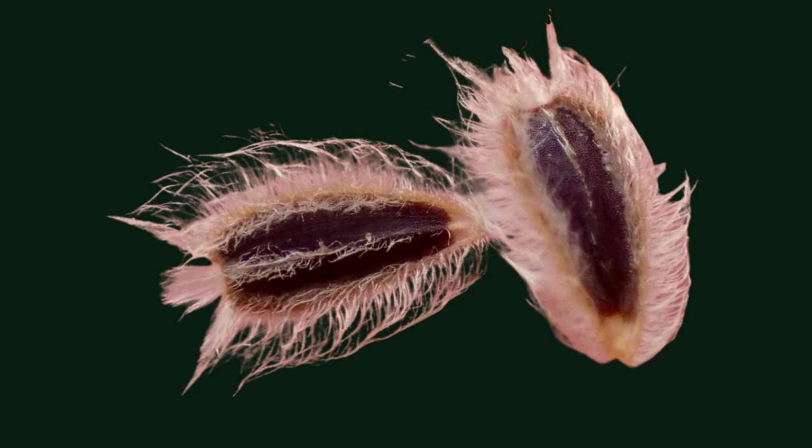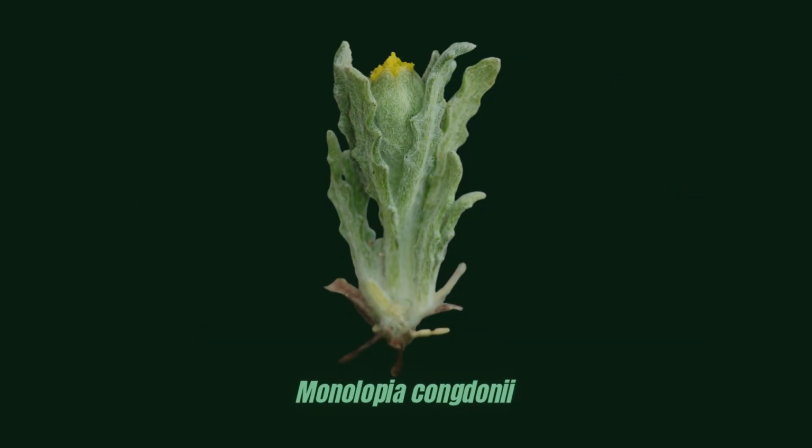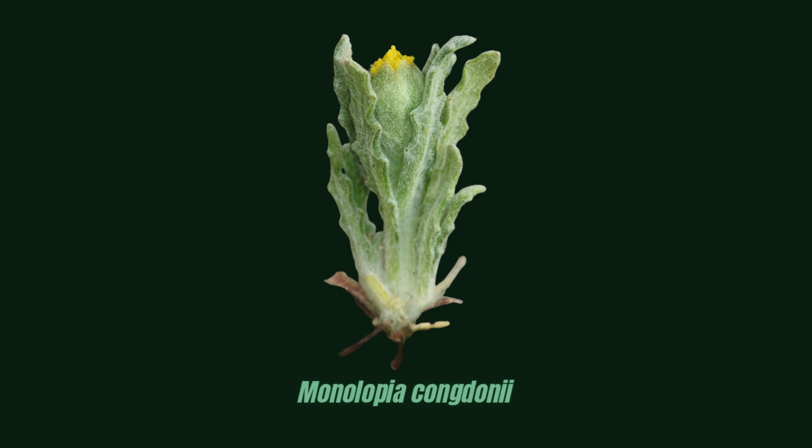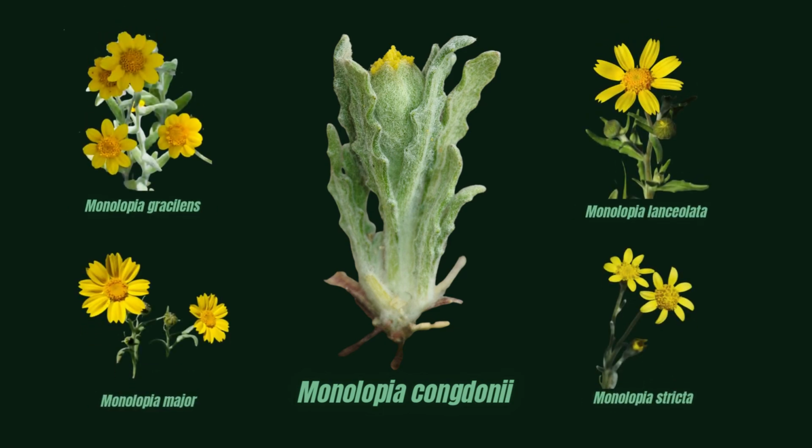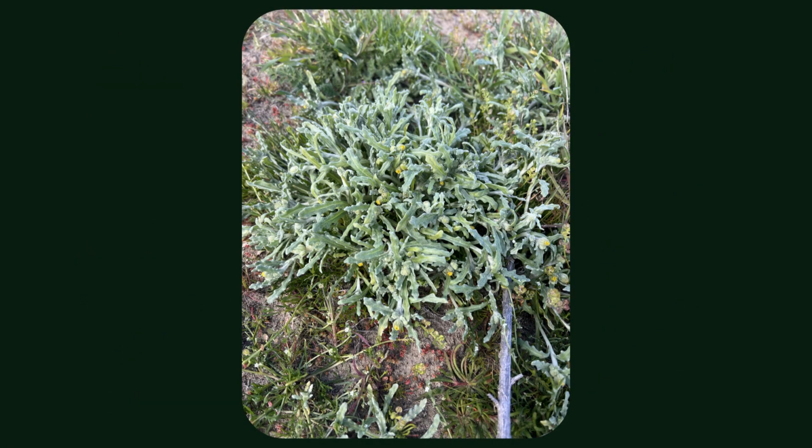The species typically flowers between late February and early April before drying out as temperatures increase later in the year. Monolopia congdonii can be distinguished from related species by its woolly stems, reduced ray flowers, branching growth form, and small clustered flower heads. Because of its limited distribution and continuing habitat loss, Monolopia congdonii is currently listed as federally endangered